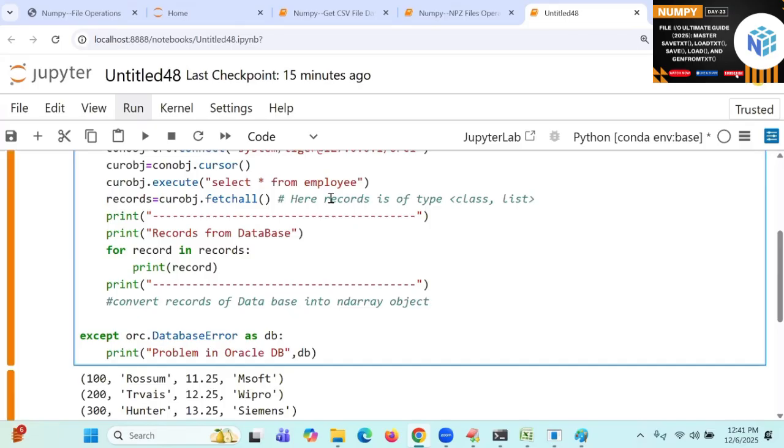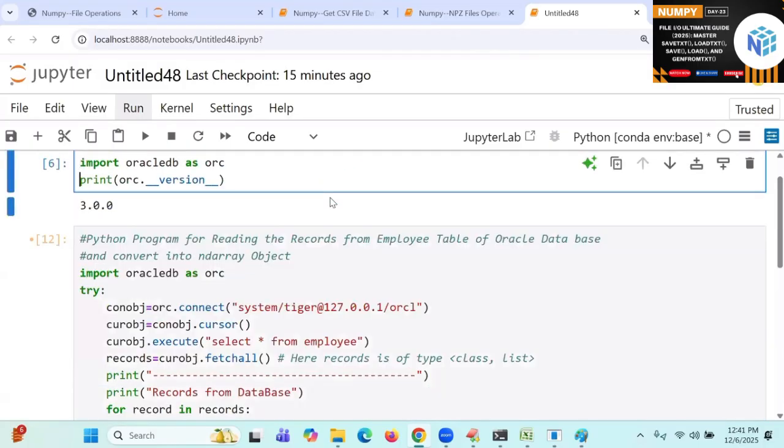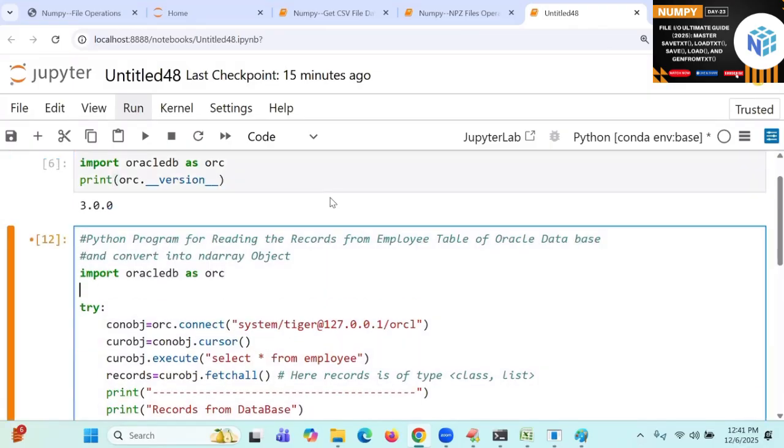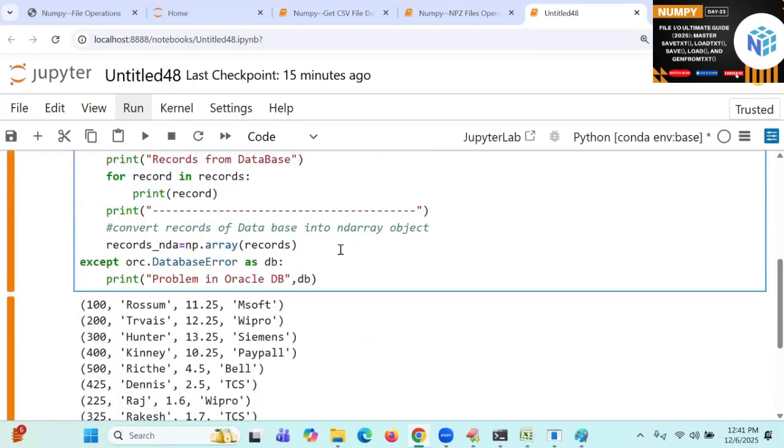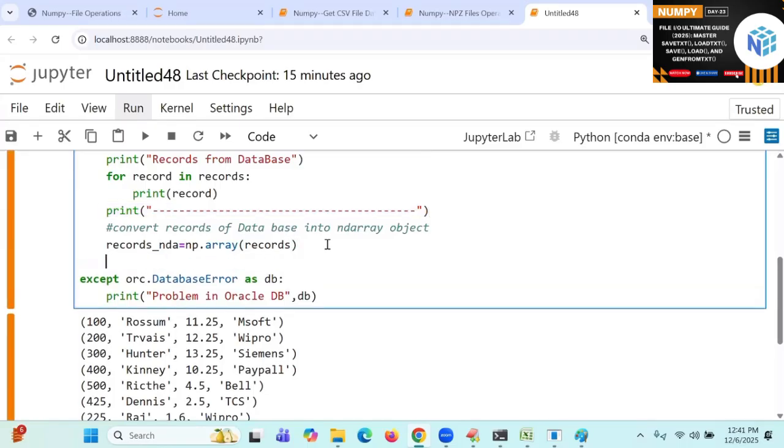records_NDA is equal to np dot array of records. I will write import NumPy as np on the top of it. So I got it. In this place I will print records in the form of ND array.